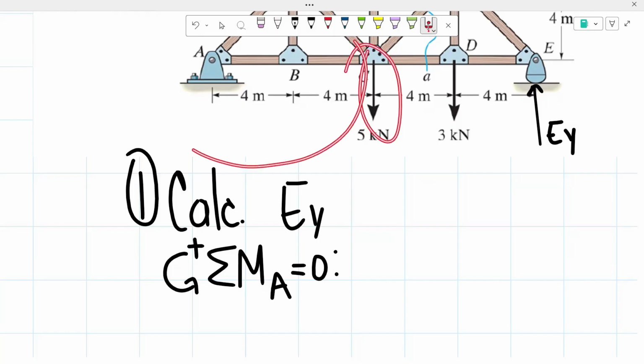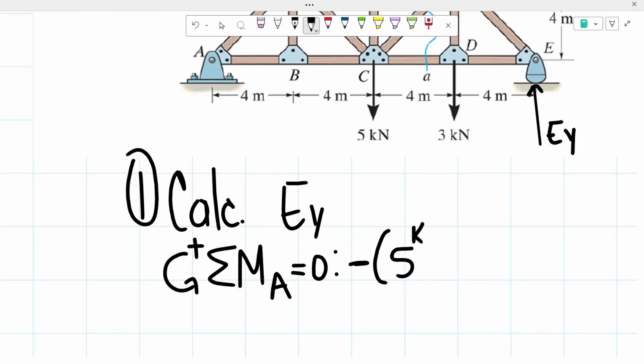So we know that's going to be creating that clockwise moment, meaning a negative moment. So we have a negative moment equal to the force times the distance. So with a force of 5 kilonewtons times the distance from here to here, it's given to us that it has a distance of